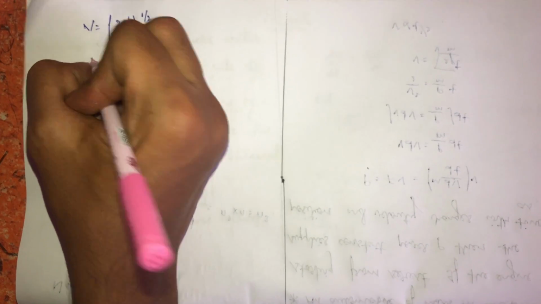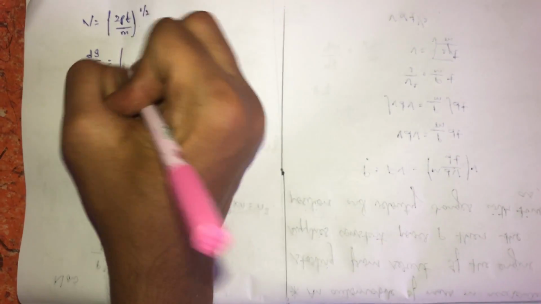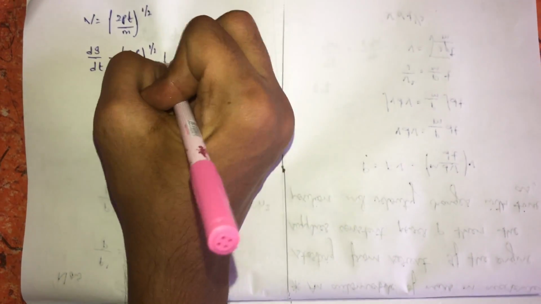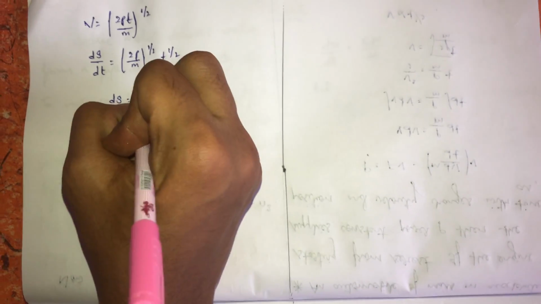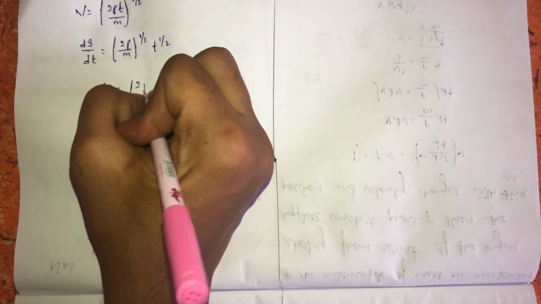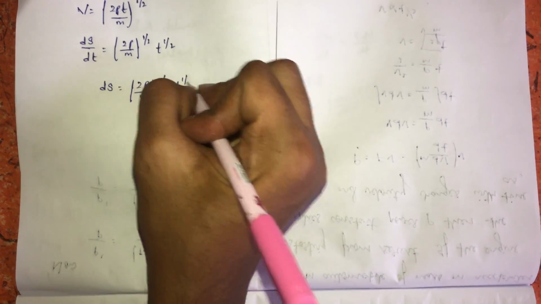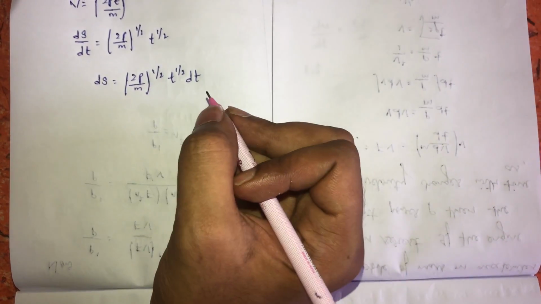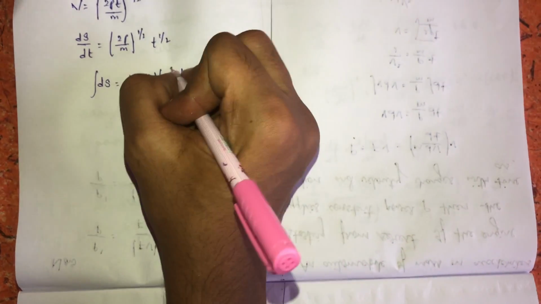The velocity will be equal to the rate of change of displacement by time, so v = (2p/m)^(1/2) t^(1/2). Then the rate of change of displacement will be equal to (2p/m)^(1/2) t^(1/2) into the rate of change of time. Now integrating on both sides, we will get